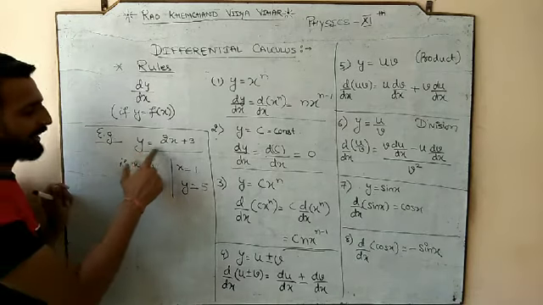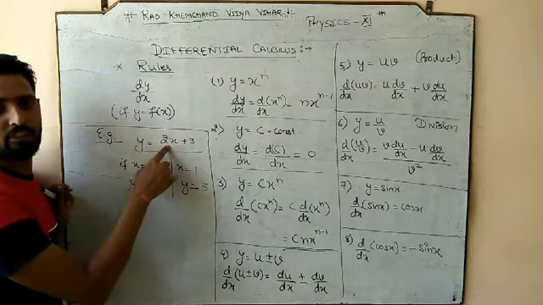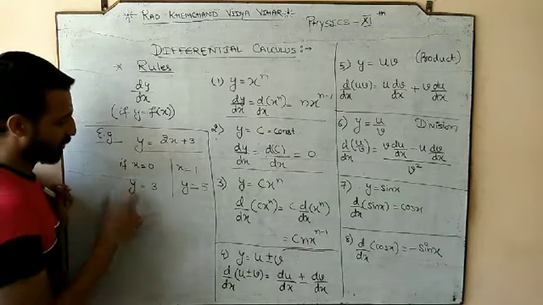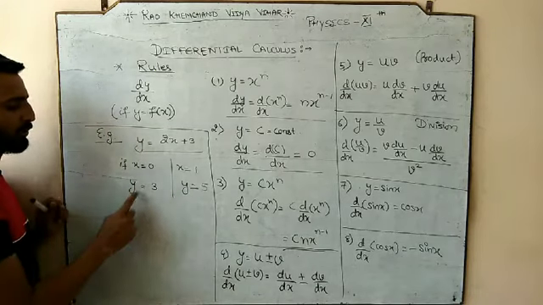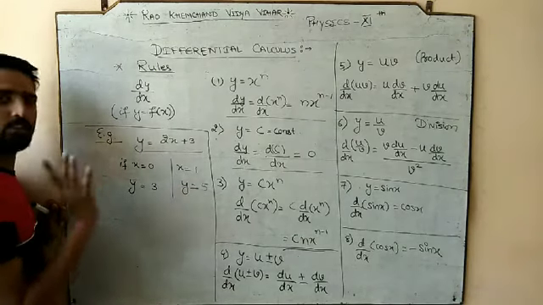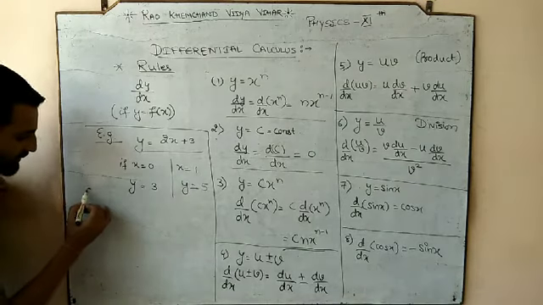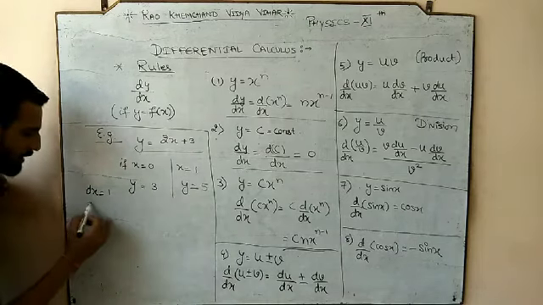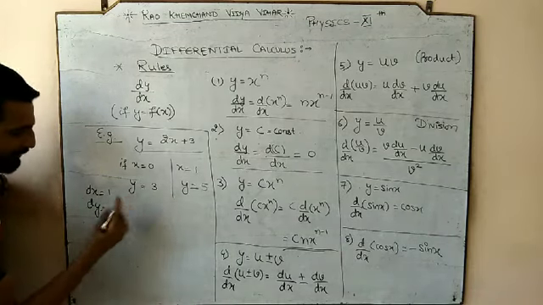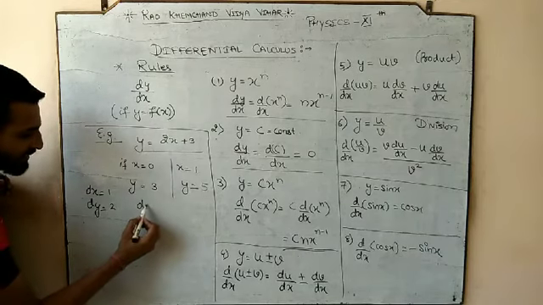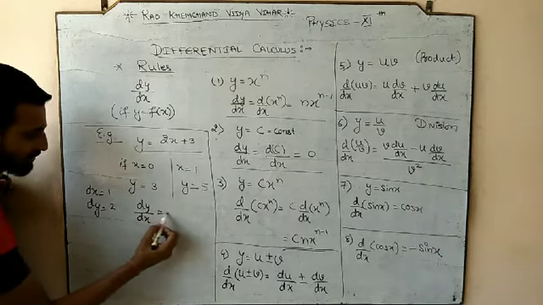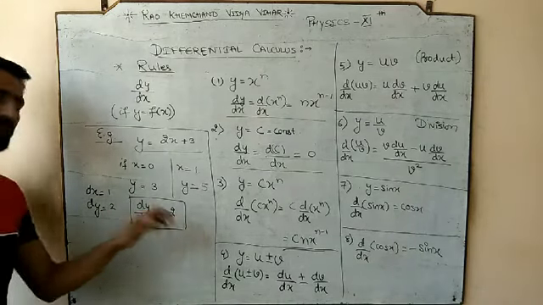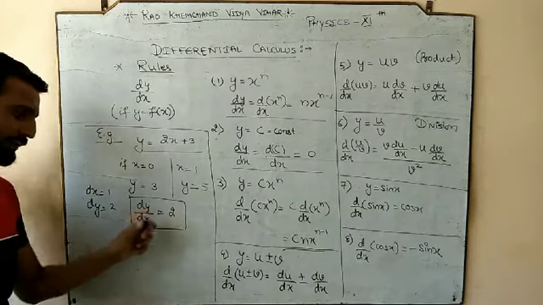So here we have y is equal to 2x plus 3. Means y is a function of x. वो हमें given है यहाँ पे. So if y is the function of x, तो एक example लिया. If x was 0, y was 3. If x was 1, y was 5. So what is the change in x? X में कितना change हुआ? 0 to 1. So how much change in x? 1. What is the change in y here? 5 minus 3, it is 2. So what is the change in y with respect to change in x? How much? 2. So y में कितना change हुआ with respect to x? There was a 2 change in y with respect to x.